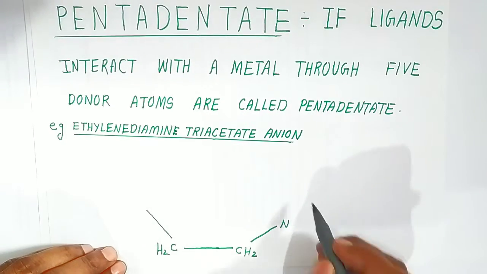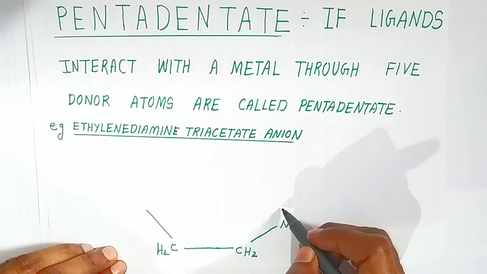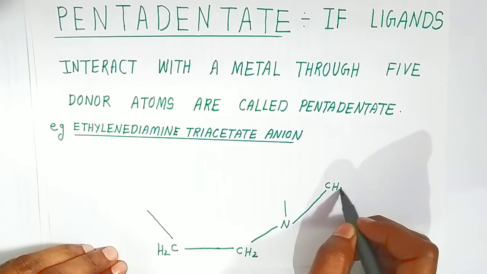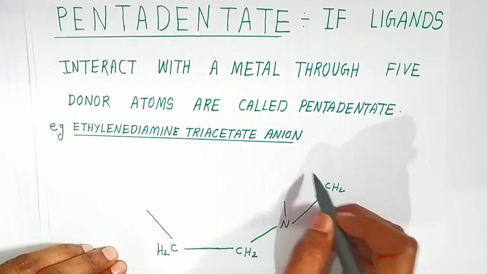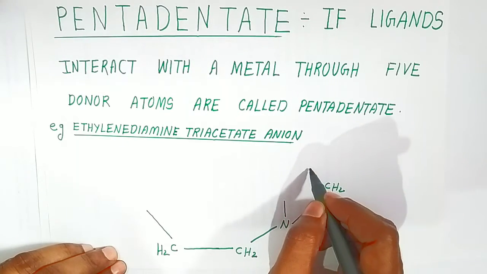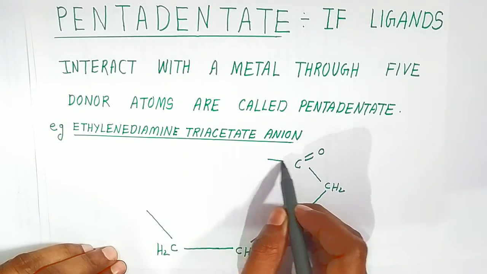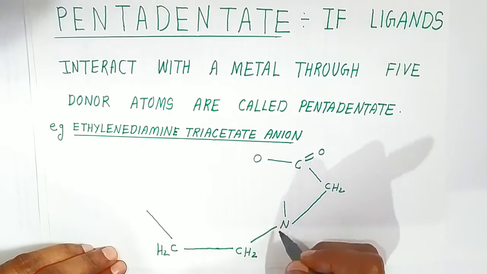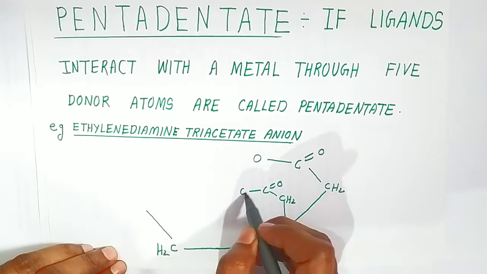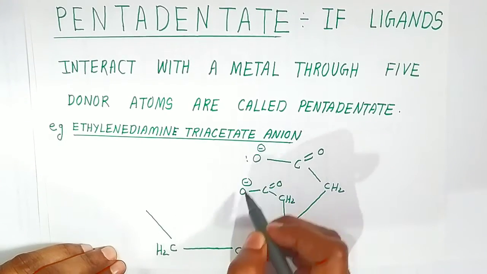Okay students, ethylene diamine. So now we are making 2 amines. 1 amine I have written here, which is connected with 2 acetate molecules. Now 1 acetate molecule I am drawing like this, and 1 acetate molecule I am drawing here. So CH2, this is the first acetate molecule which I am drawing here, which is connected with the amine. Amine has 2 valencies, 1 valency with 1 acetate group. Now this is the acetate, which is connected to the oxygen. The second acetate group is this CH2, CO, and again oxygen, which has a negative charge. It also has a negative charge and has a lone pair.